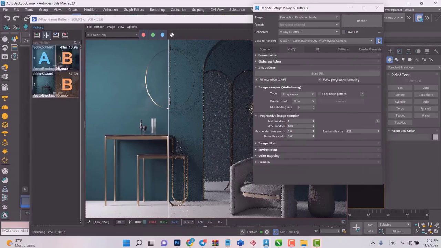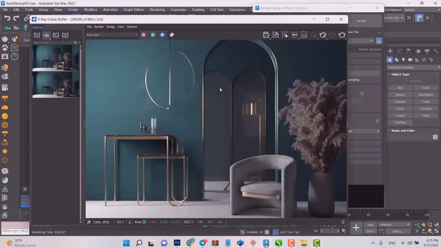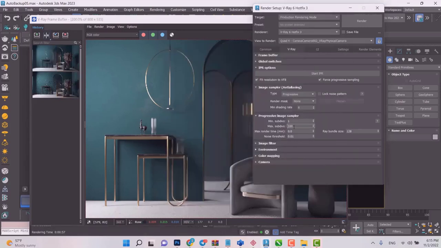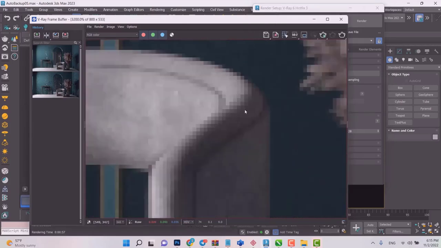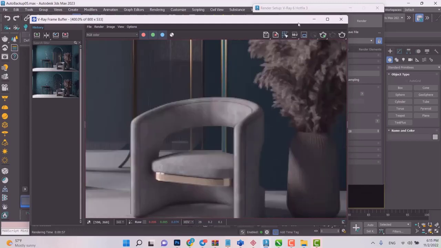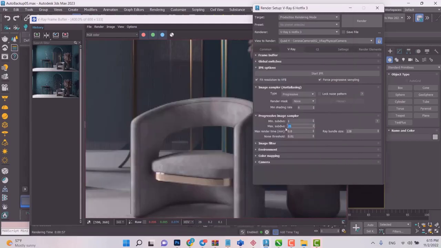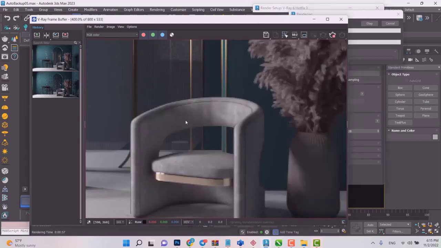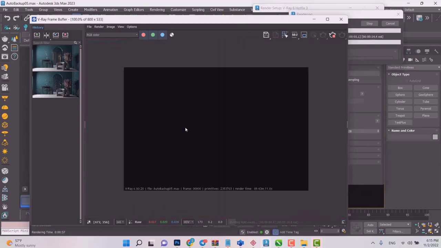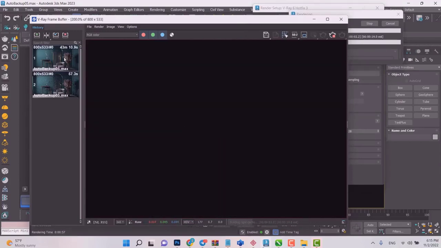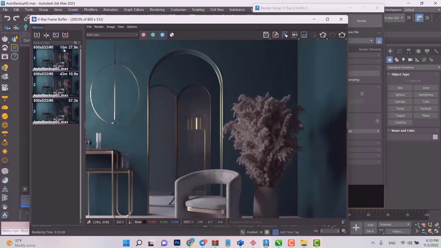Okay, so what happens if we put like 20, a smaller number for max subdivisions? Are we gonna experience a lot lower quality, or is that gonna be enough? Let's just find out. I'm gonna put 20 for max subdivisions, and I'm gonna take another render, and let's see how much this one takes, and let's compare the quality with 100 max subdivisions. So I'm gonna click on render, and let's see when this one finishes. So this one's gonna take a lot less. So it took 15 minutes, this one.